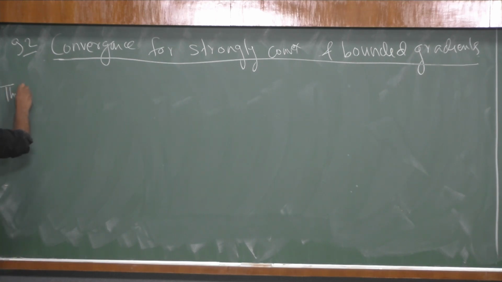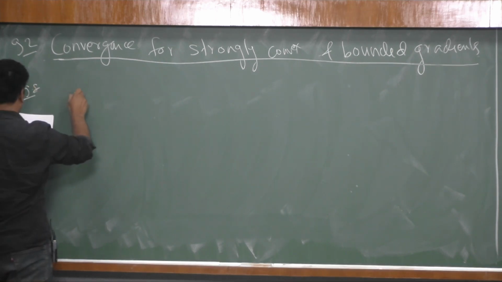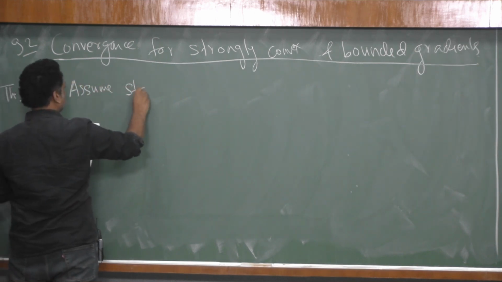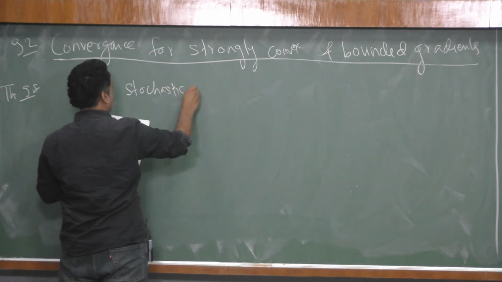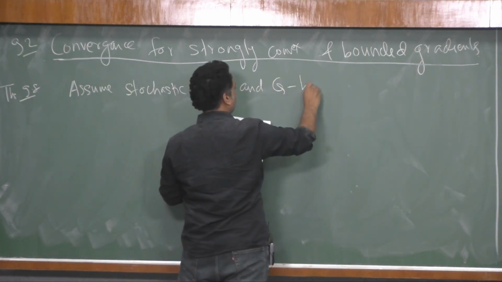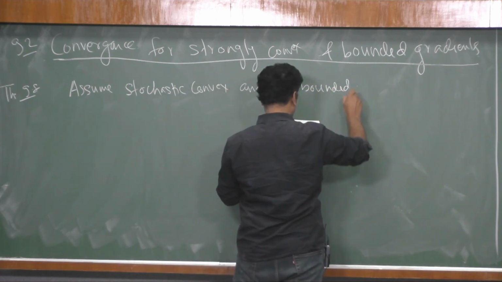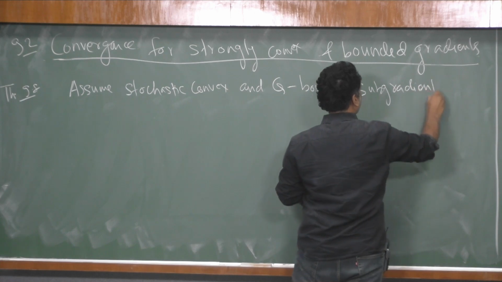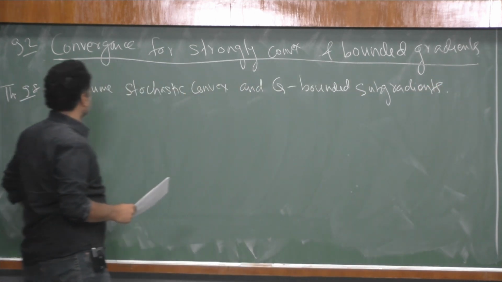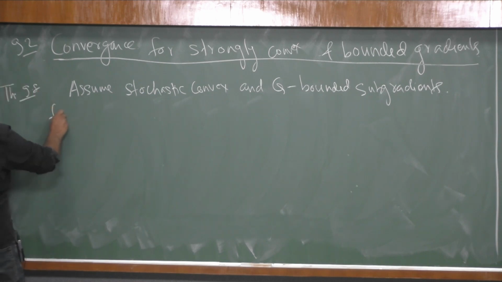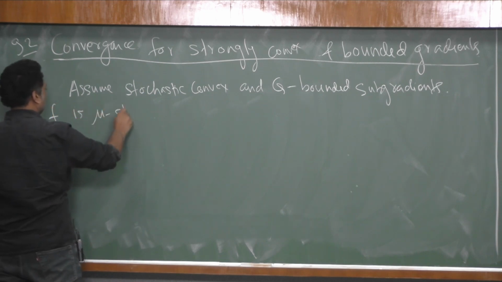So this is theorem 9.8, and we assume stochastic convex and G bounded. And we assume that F is mu strongly convex,